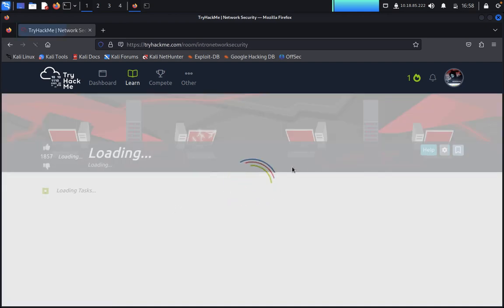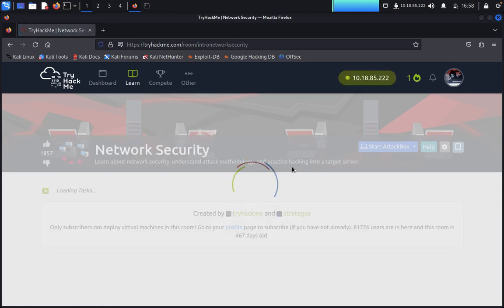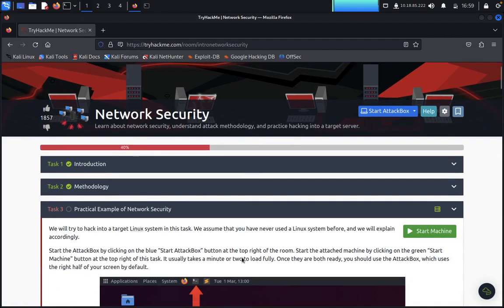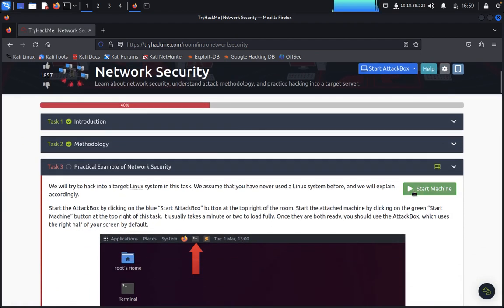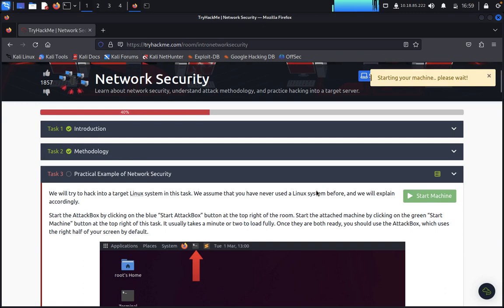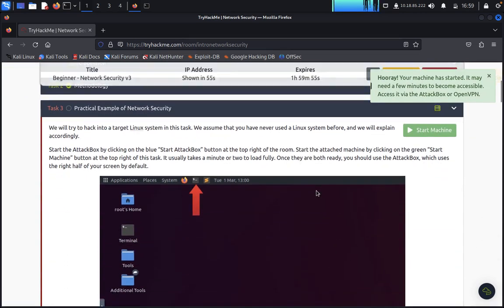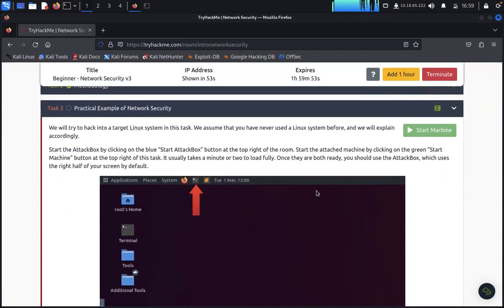So first of all, we need to get the access for this. Okay, let's see. So I just click on start machine. Access via attacker box, but the attacker box won't open here. So we try with